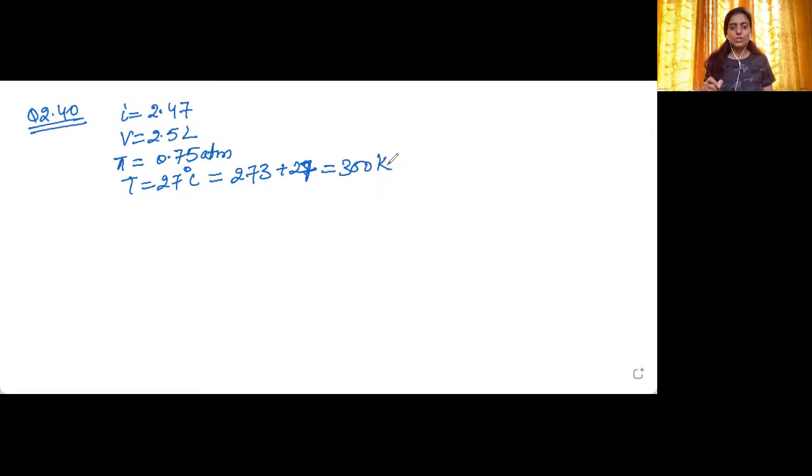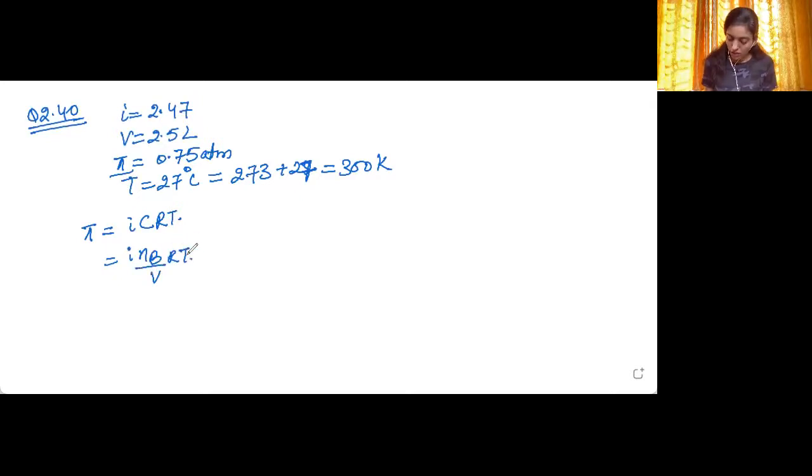Okay, so it is the question of osmotic pressure. So we need to find out the amount of calcium chloride. So pi is equal to CRT, and if it is the question of dissociation or association, i will be included, that is van't Hoff factor. So i is 2.47. Now, what is concentration? Number of moles per unit volume. So I can just write nB upon V, RT.